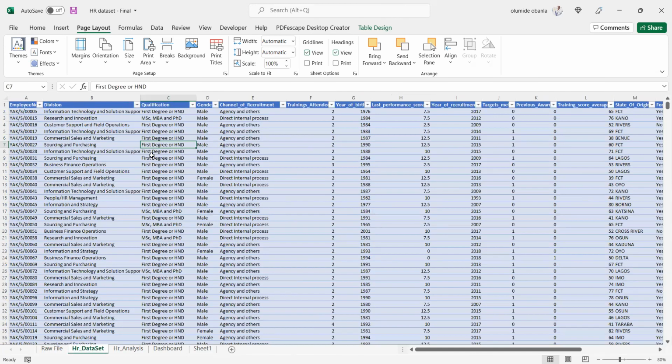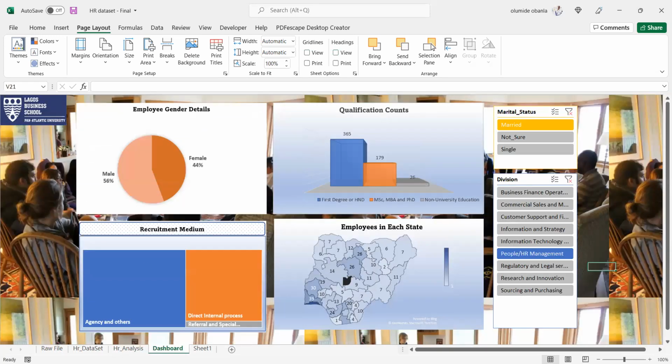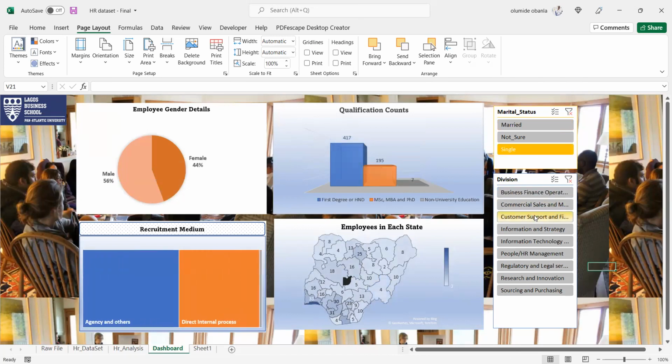So this is the real one I actually worked on, and started creating the analysis of everything. I just made it very simple, just to get overall knowledge of what you've taught us, which brings us to the dashboard. My simple scenario is married people under this division and department, and those people that are single, and things like that.